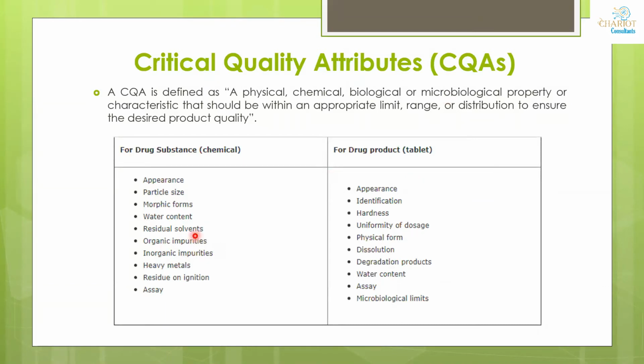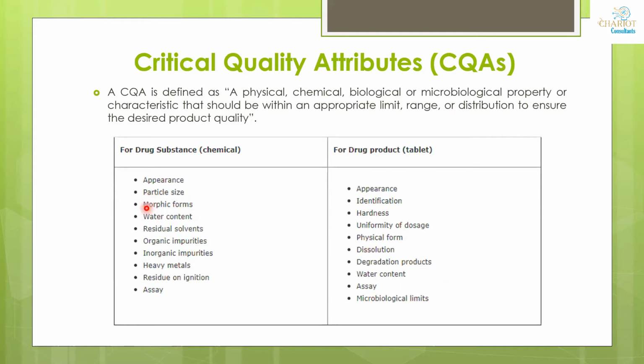Okay. So particle size is very important. So D10, D50, D90, it is called three-tier. Means your specification limit is three things: D10, D50, and D90. Then your morphic form, means your polymorphic form. Which polymorphic form you are going to give to your customers, or which polymorphic form you have control over.